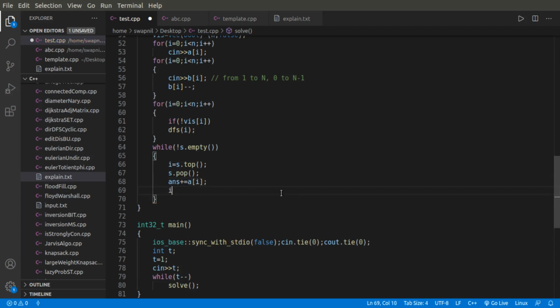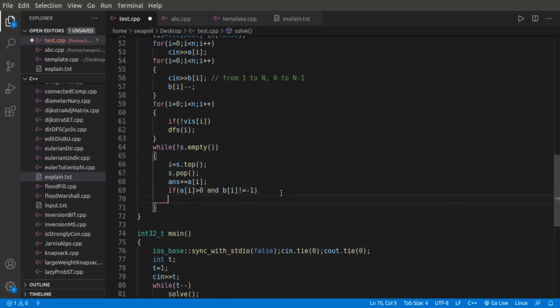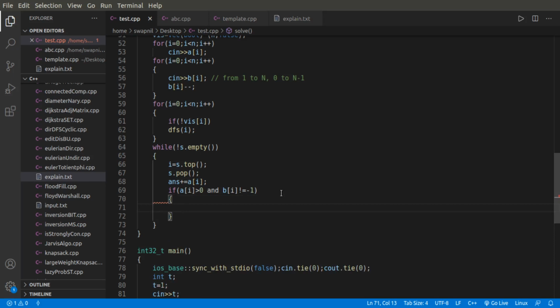Now if ai is greater than 0 and bi is not equal to -1, these are the two cases when I will choose this particular position first, so that my answer will be maximized.